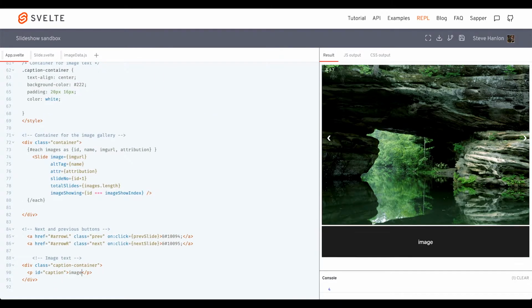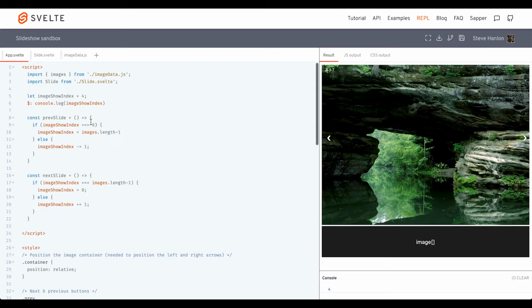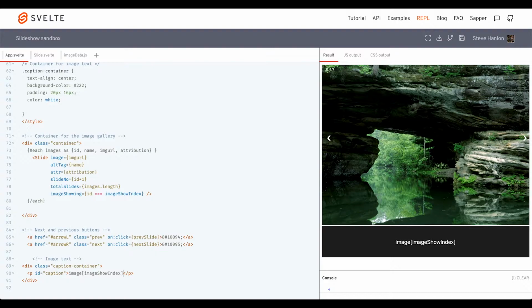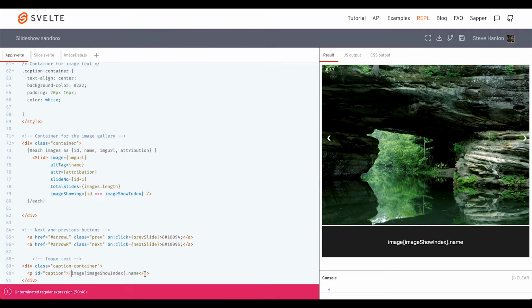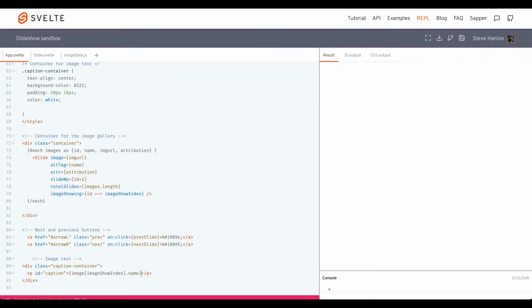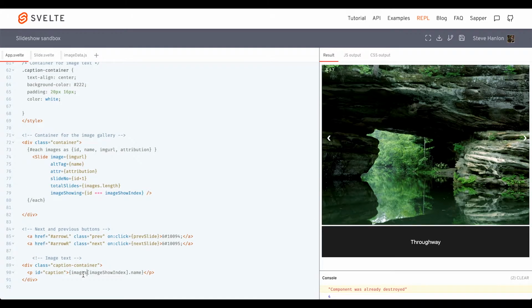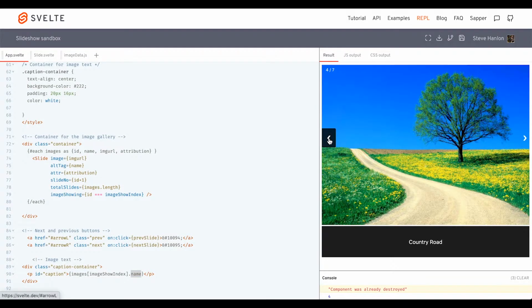We can reference the array, our data array, and whatever image show index is, we'll put that in there, and then we'll reference the name property. And then we'll have to put those in Svelte syntax in order to get it to show. There we go, images. Okay, so now if I go ahead and go back,